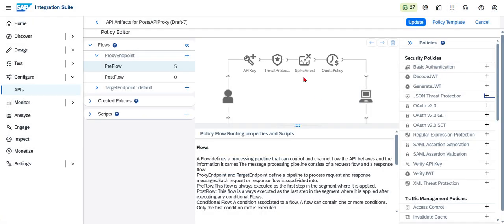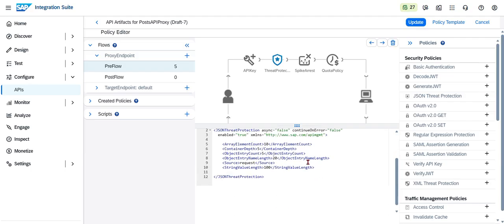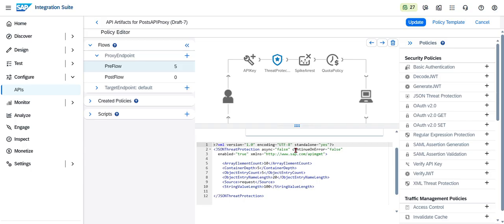The JSON Threat Protection sits between API Key and Spike Arrest, so it needs to be in the middle. Once we select that, in the XML editor at the bottom, we can see array element count 10, container depth 5, object entry count 5, object entry name length 20, source equal to request, and string value length equal to 100. These are the mandatory things we need to update. Once all the things have been updated, click on the Update button,